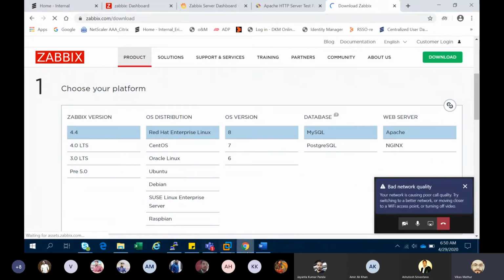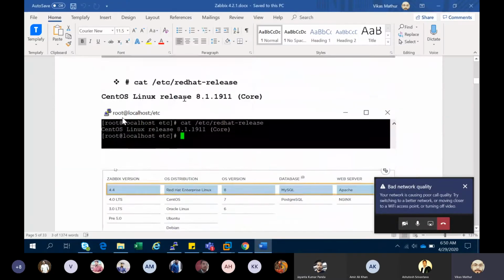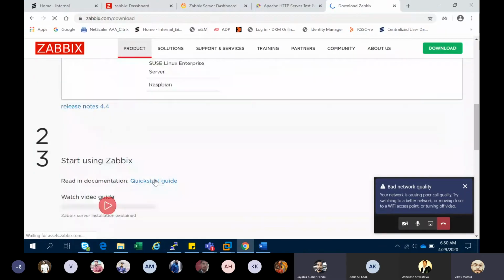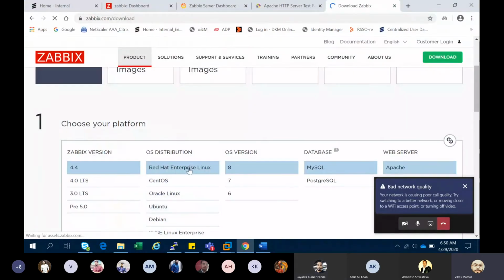This is the same thing. Paste that snap over here. And if you want to 4.4, yeah.